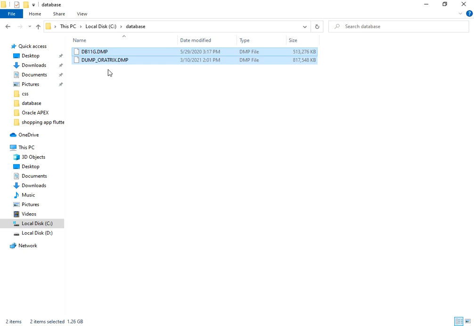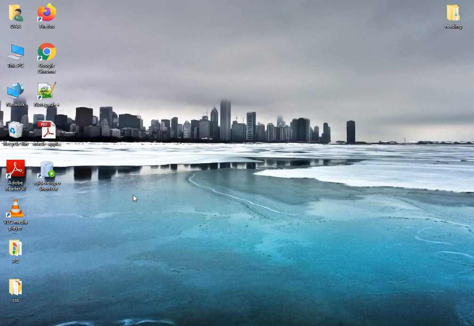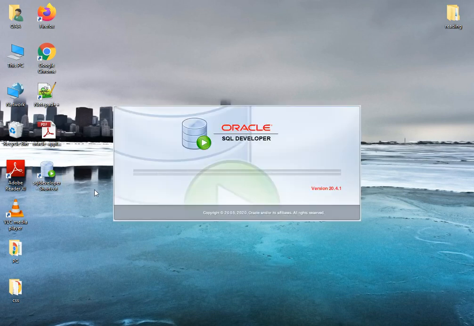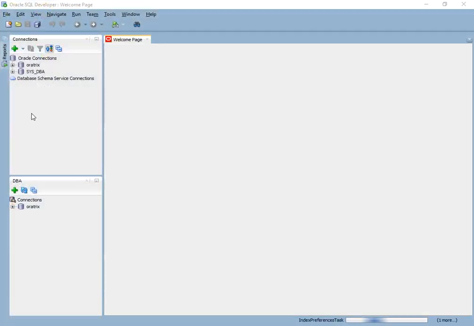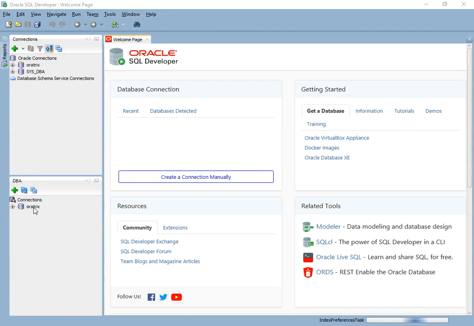So ultimately we have a pluggable database. Let's start now with SQL Developer. I have already imported one schema, so it might show some data. Oh yes, the connection is already there, but I'm going to disconnect it and remove the connection. I'll show you from scratch. So ultimately we require one connection over here, and I'm expecting you do not have anything over here.